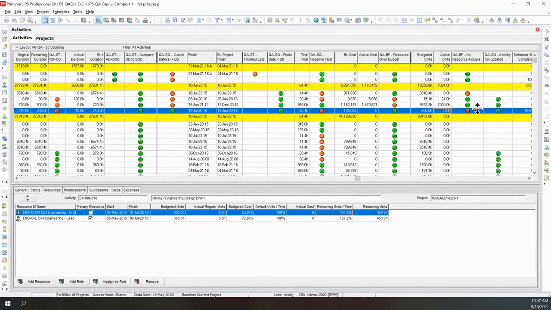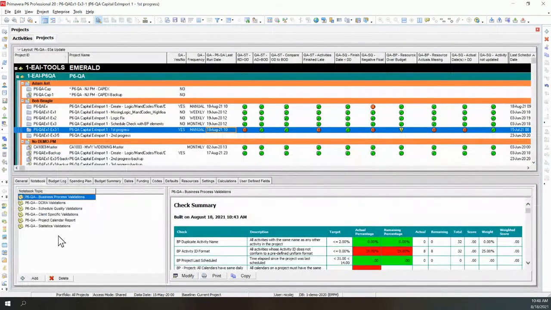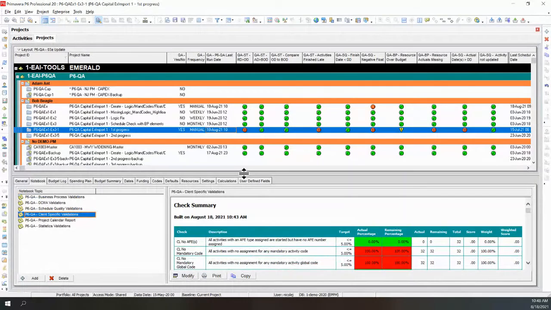Okay, so I think I've given you a good flavor of the types of things that you can do with the QA tool. And you can do more. So for our clients, we've added additional ones. I showed you the calendar. I showed you